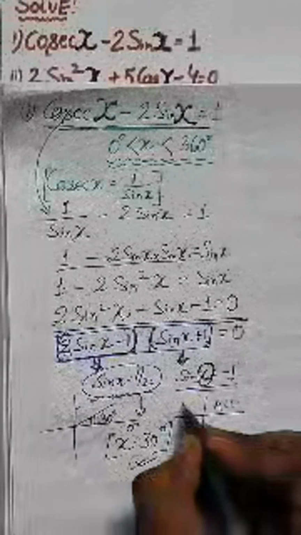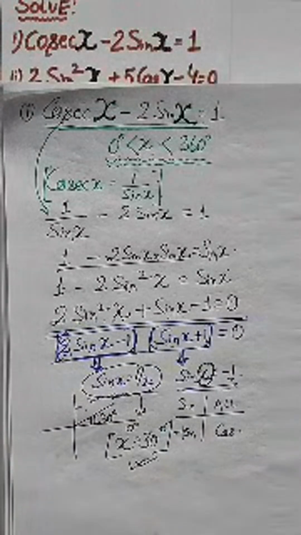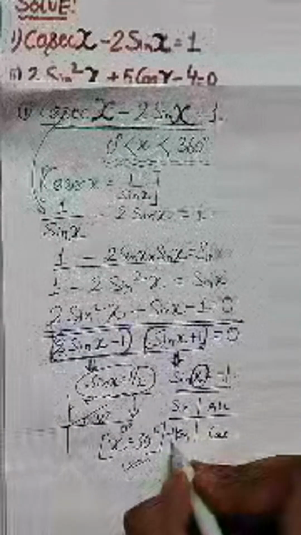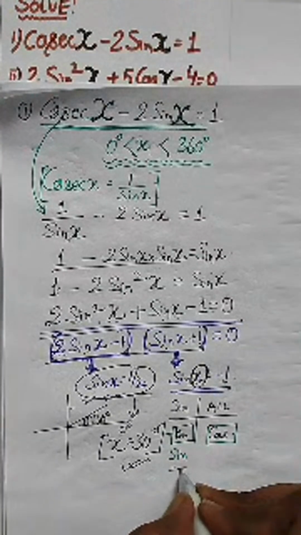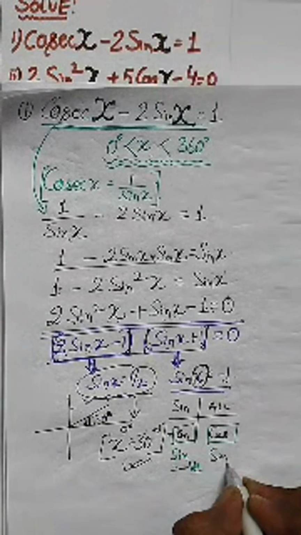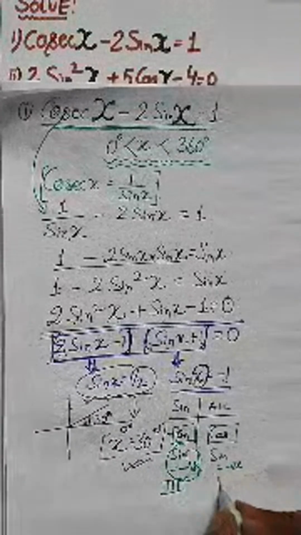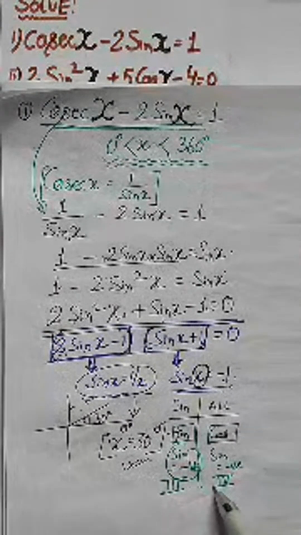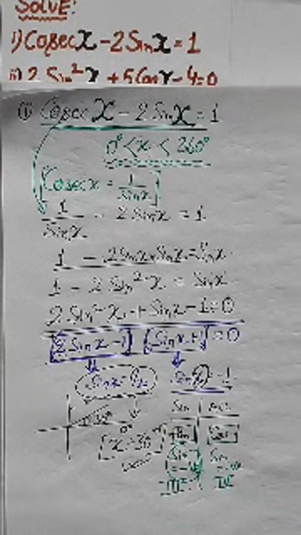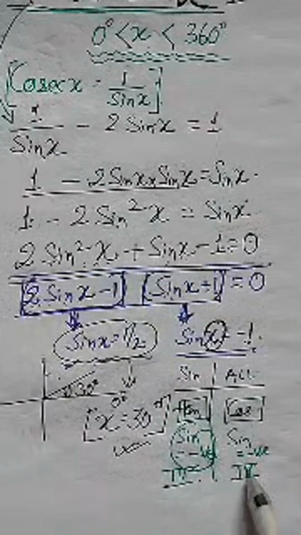In the first quadrant all are positive, here sine is positive, here tan and cos. So here we can see that in the third quadrant and fourth quadrant sine is negative. Where? In the third quadrant and fourth quadrant, isn't it? The sine is negative in the third quadrant and fourth quadrant. Let me zoom it out. You can see sine is negative in third quadrant and fourth quadrant if